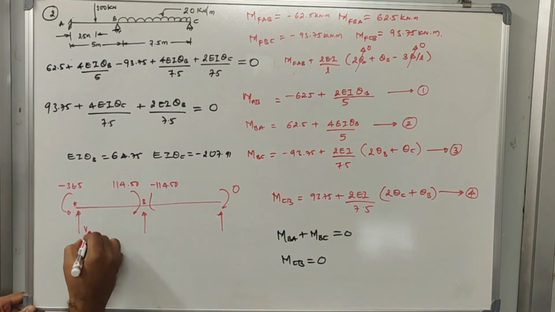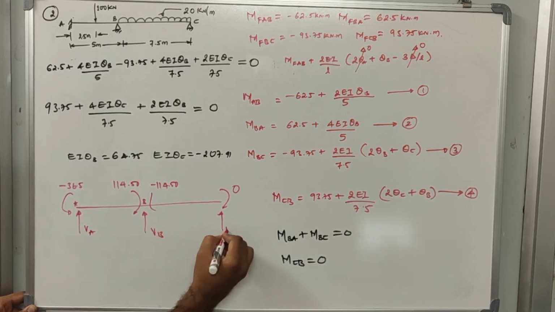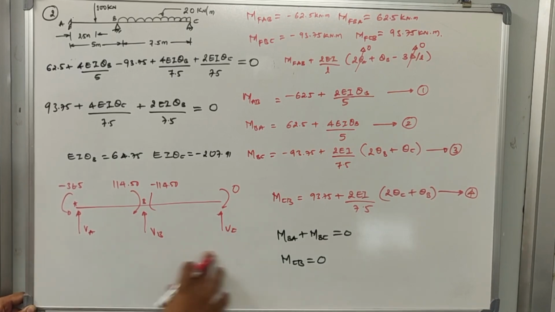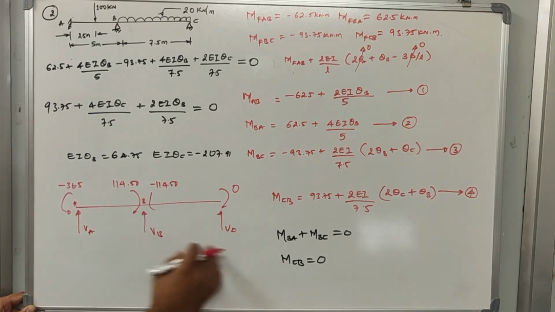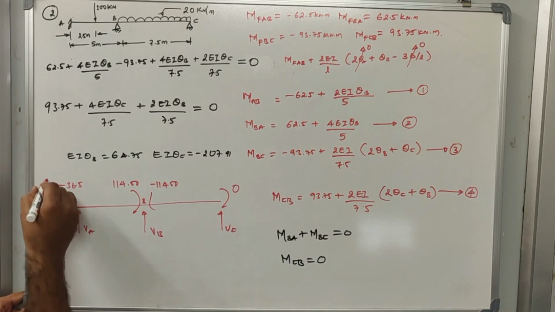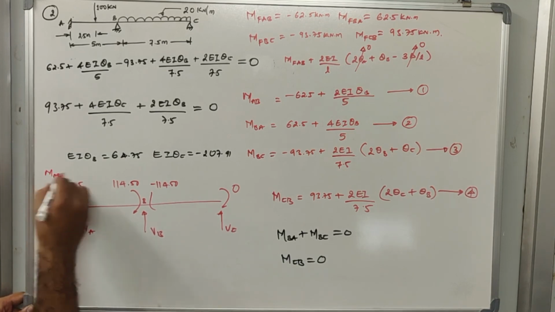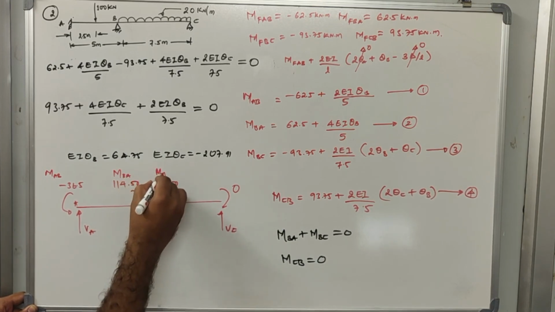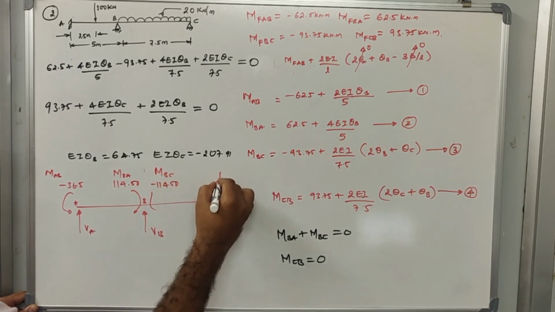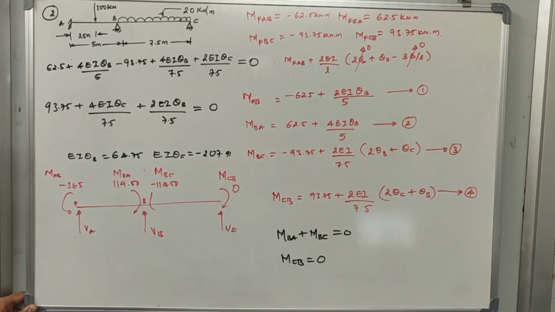You need to solve for VA, VB, VC. You can refer to the previous problem to solve all the vertical reactions. So refer to the previous problem that we solved and you try to solve VA, VB, VC. And I have already given you the values of MAB, MBA, MBC, MCB. Right. So solve this and also solve the bending moment diagram and shear force diagram for this given beam.